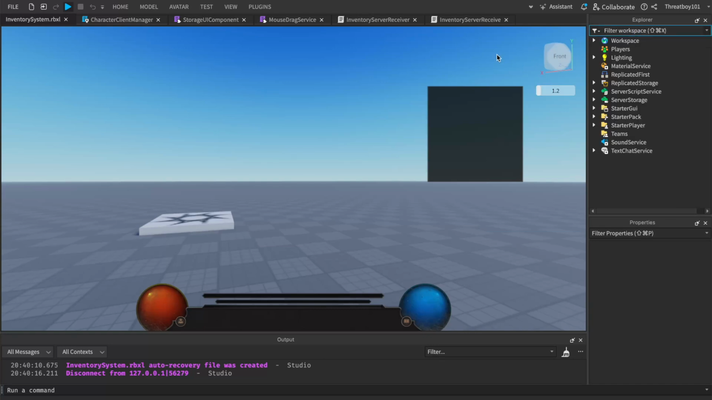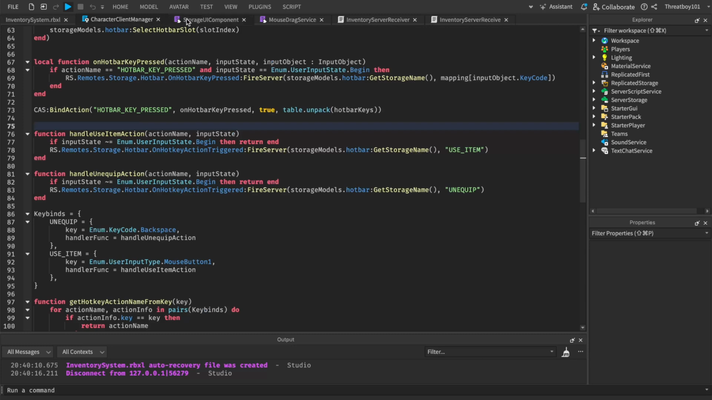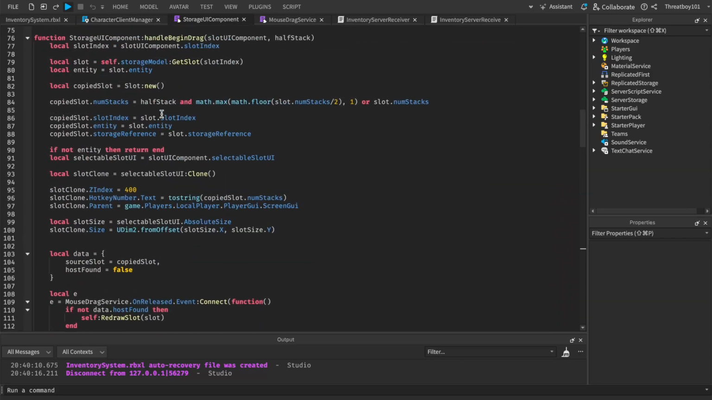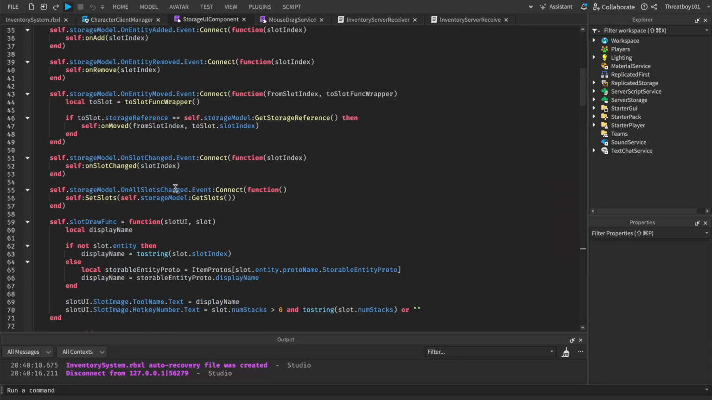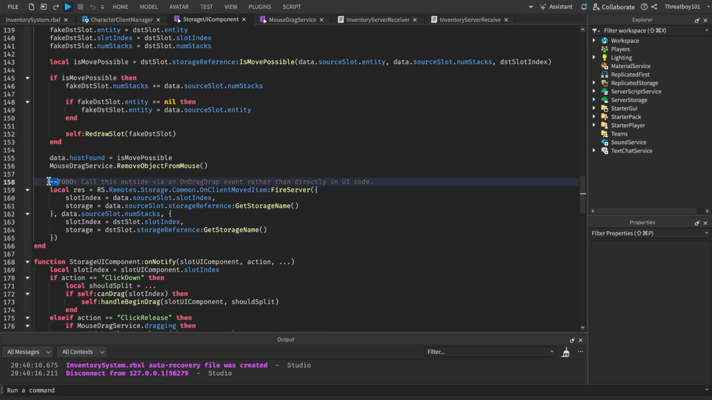Okay, so I said that I was not going to write out the code, but I was just going to do a code explanation. But you know what? I'm actually going to type it. So yes, we want to drag and drop into the world. But the first thing I am going to do is, in the previous tutorial, I mentioned that I do not like calling remotes inside of these components because it's so hidden, right? It's not obvious that this component fires this on client and moved event